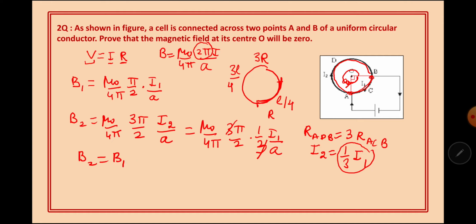So students, whatever may be the angle subtended here, it is given to be 90 for the sake of simplicity. Even if it was not 90, you will always see that in whatever way the resistance has decreased or current has increased, by the same proportion the angle would have changed, and under all situations both parts will give you the same value of magnetic field strength. So here also we have found that both the parts have the same value of magnetic field.